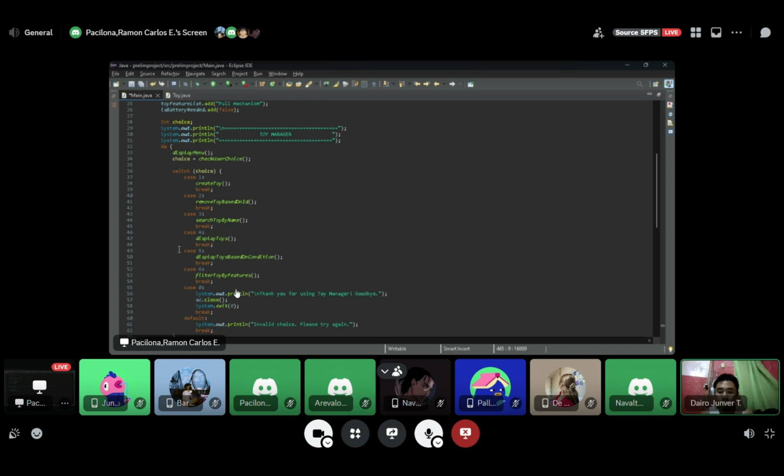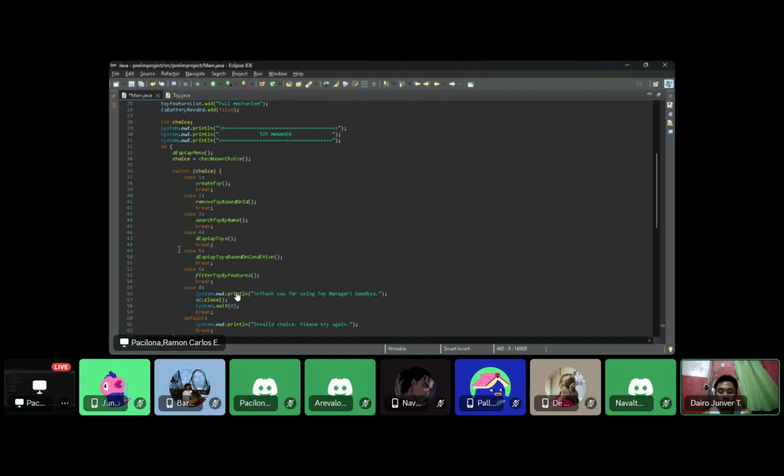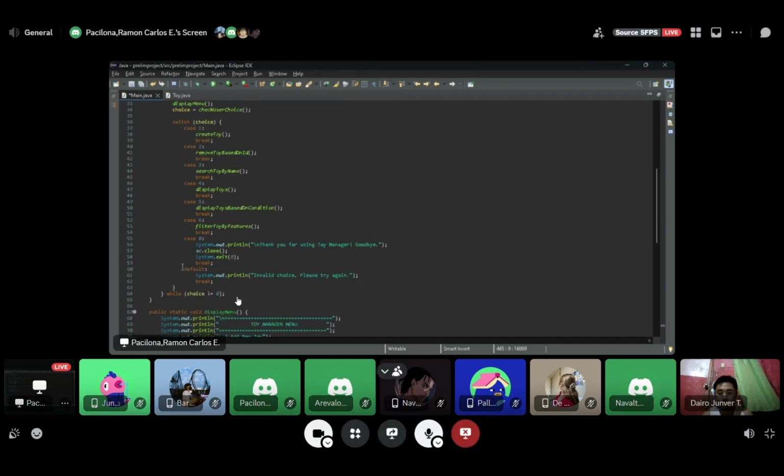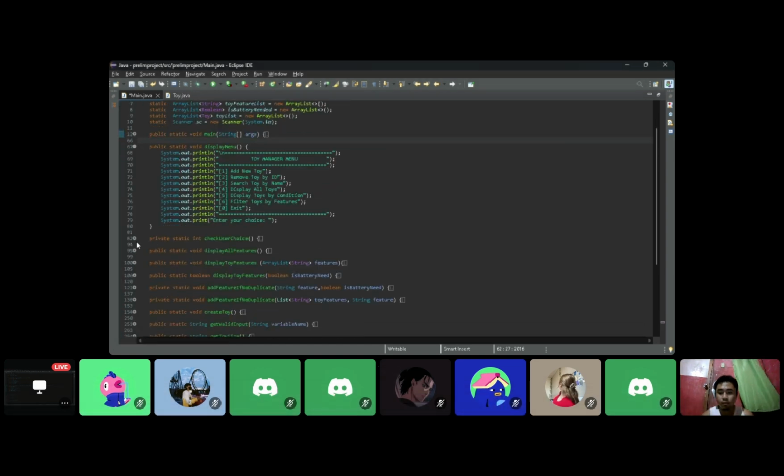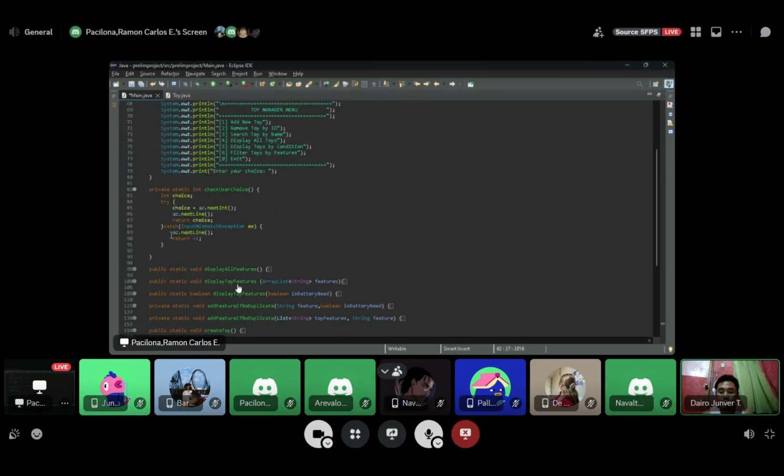And let's go to the check user choices method. As you can see, in the process of check user choices, we use try and catch to check if the user enters the right value.